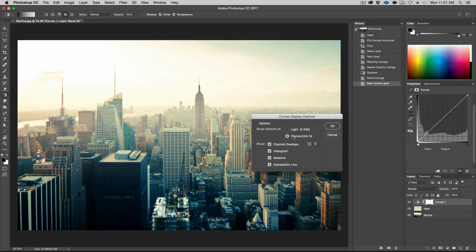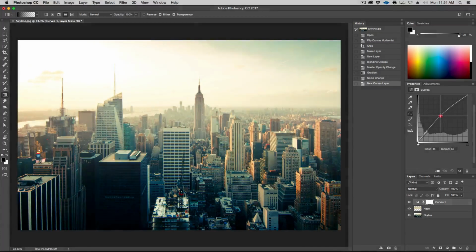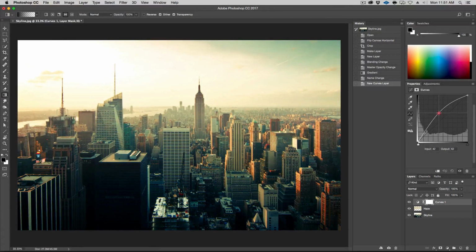This is basically the printing method, the pigment or ink, and it's by percentage. So it's just the curve, they're just upside down, that's all. So in this case, darkening is up here. I'm adding ink, basically, which is why it's getting darker. So something like this, pretty dark. I like that. Something like this.